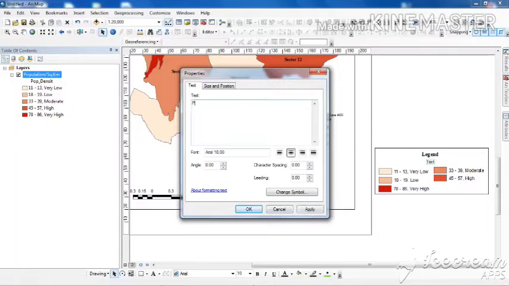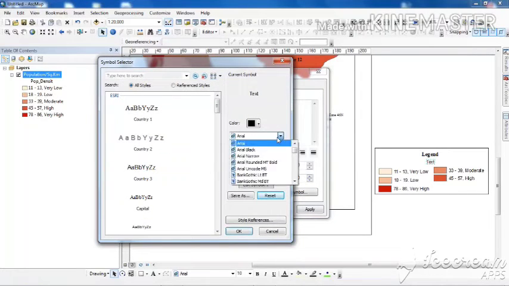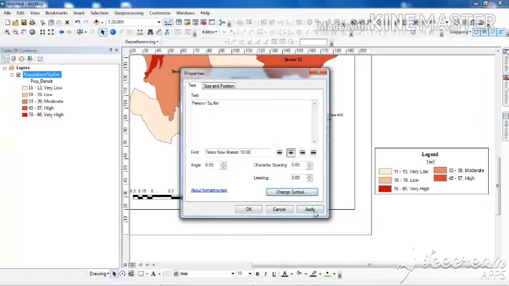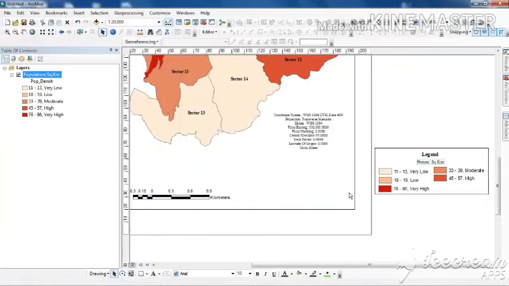I will write person per square kilometer, and through the change symbols option, I will change it from Arial to Times New Roman and keep it at 10, because legend is in 12, so it should obviously be in 10.